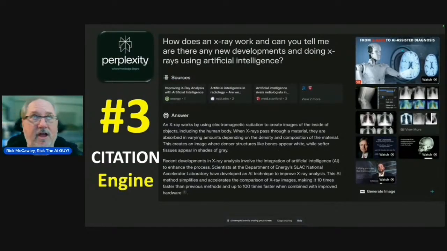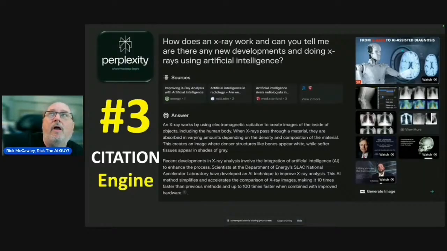Then this is what you get. This is what it looks like when you ask a question. I asked, how does an X-ray work? And can you tell me, are there any new developments in X-rays using artificial intelligence? Boom. It got 1, 2, 3, 4. All of the links right there, you can click and open up on the right-hand side. Those are the YouTube videos.